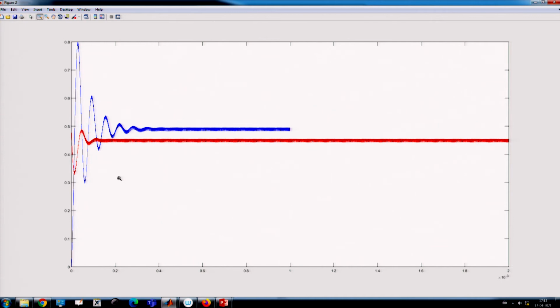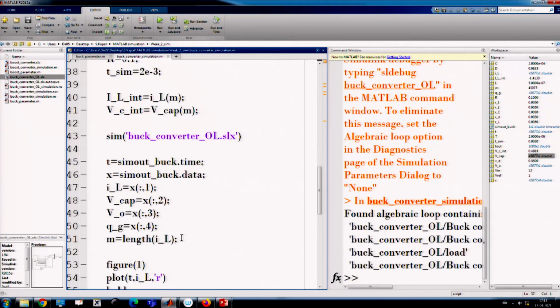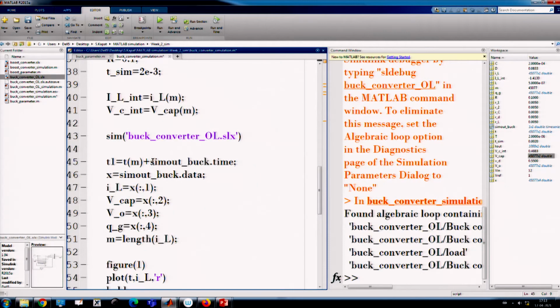Another thing you will notice is the time shift, as the simulation is again running from 0 to T sim. So, we need to shift it along this axis. How to do that? In order to shift that, we have to create the present time T1, which should be the previous time vector Tm plus an offset value, so that the whole vector will be shifted by that time.